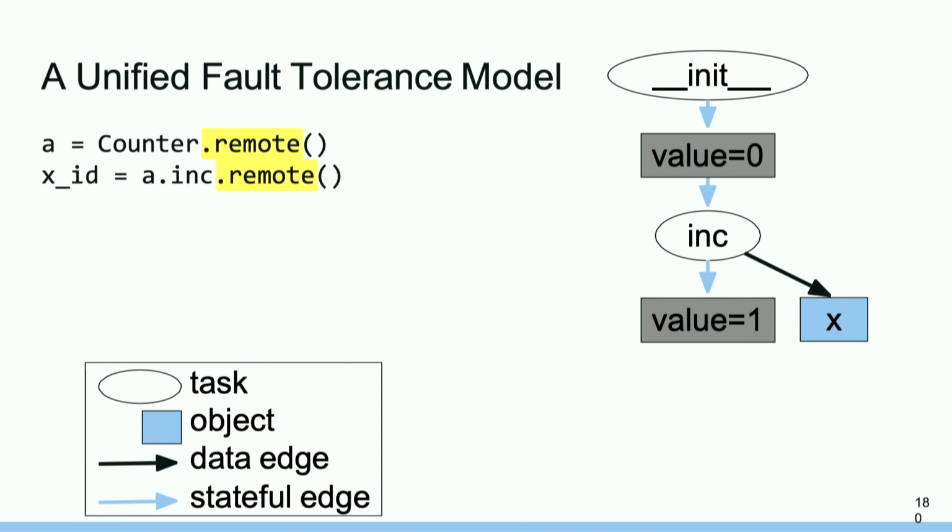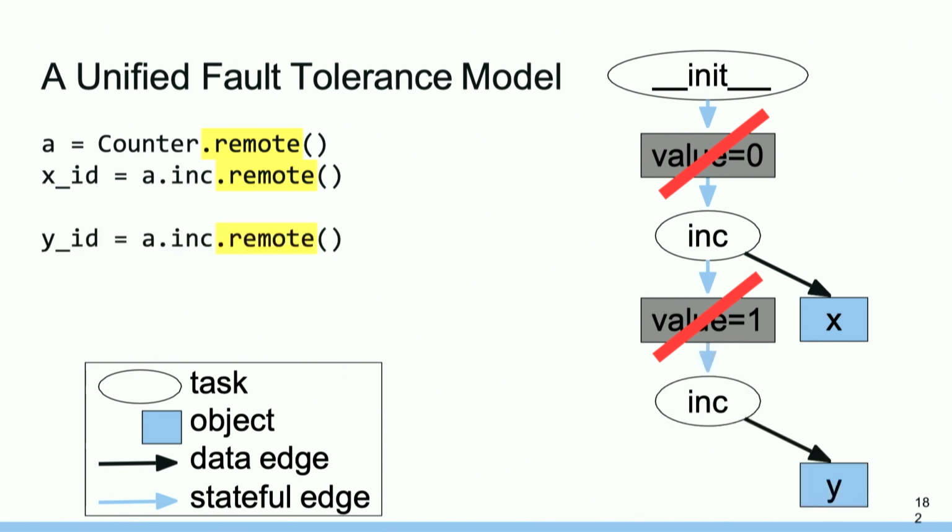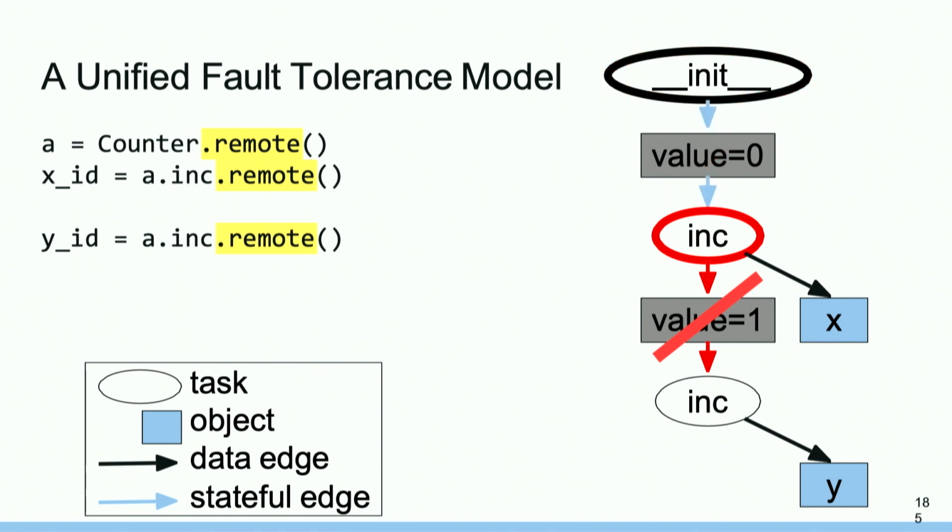Similar in the stateful case. So say we have created the actor, we have run the increment method, and now the node that stored the actor dies. So therefore, we lost the complete state associated to the actor. So then the system can again go through the computation graph. It can determine that in order to get back y, it needs to rerun the increment method. And in order to run the increment method, it needs to call the constructor again. And then, because the constructor has no dependencies, it will rerun that. That will recreate the actor, and then the system will just rerun the increment method.